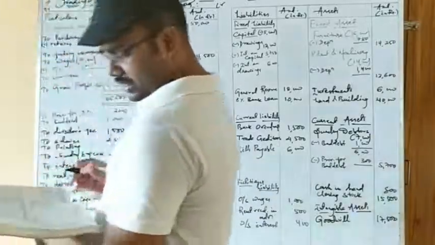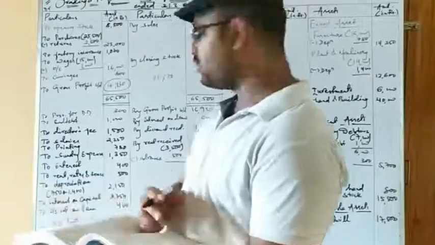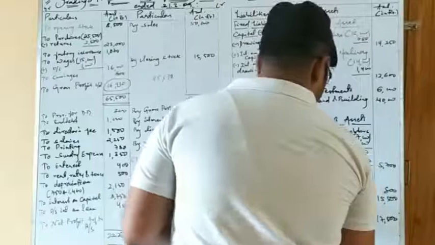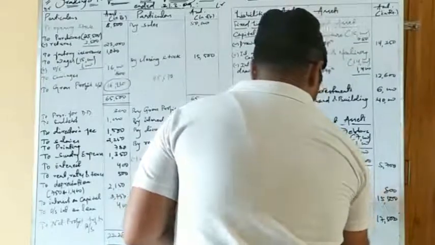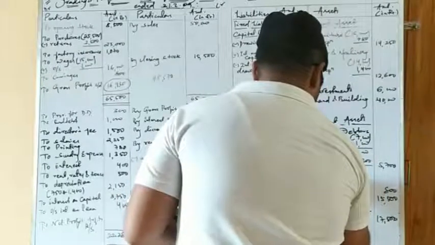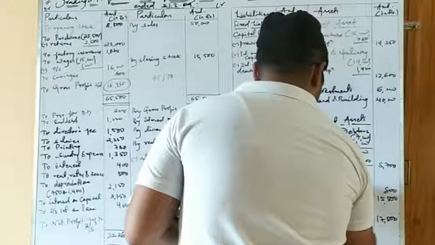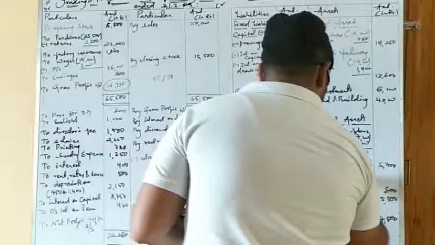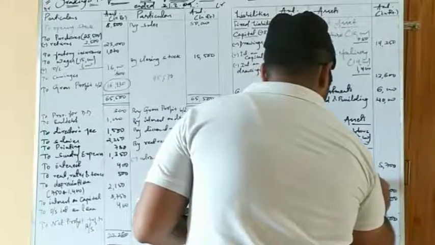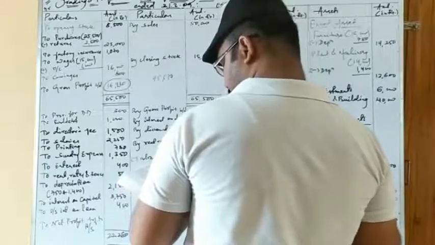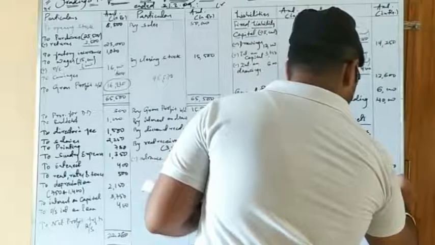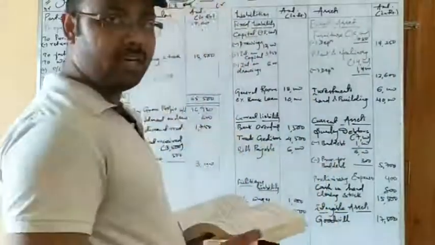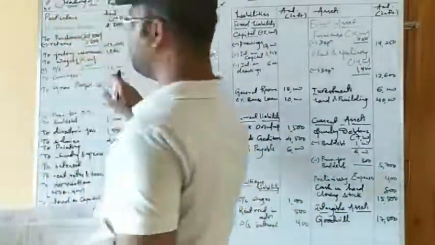Okay. Then the next is preliminary expenses that I have left over. So preliminary expenses are fictitious assets. Since we don't have any space, we can write it over here. Preliminary expenses amounting to 400 rupees. These were the two items that I have left by mistake. Okay, this was the item that I have left, and I also made a mistake regarding cash in hand. And carriages were the item that I have left in the trading account.